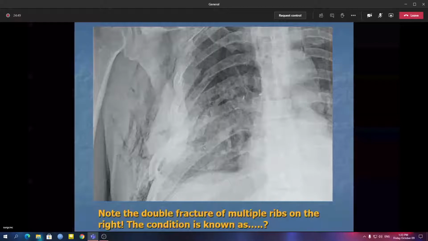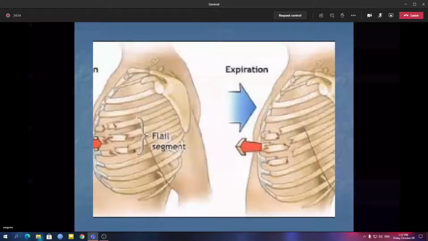Sir, does that mean the segment is breaking and coming out? No, where will it come out to? See, this is 1 rib, 2 rib, 3 rib in this particular X-ray. Now you see, these ribs are broken from the bony attachments, but the ribs are not actually free. They are attached to the intercostal muscles. Deeply they are attached to the pleura as well. Even if broken, the thing cannot come out of the body. Now what happens when the patient is taking inspiration?